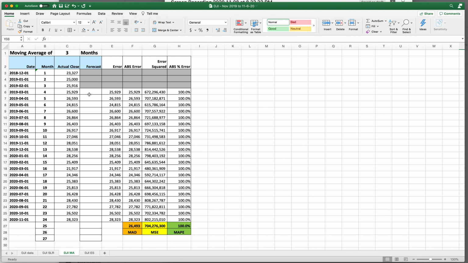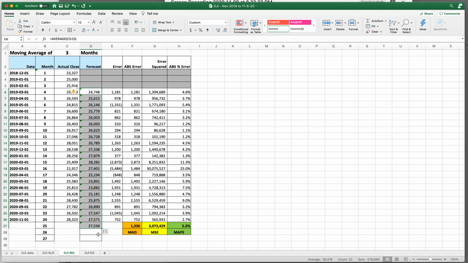Okay, so there we go. My first forecast that I can make, I need 3 months of history, so there's 3 months of actual. It's going to be equal to the average of these 3. Now you see it changes all my error, absolute error, squared error, and all that. Now, the magic of Excel, I just drag this down. And I can only drag it down that far because I can only forecast 1 month into the future. But it automatically calculates my MAD as